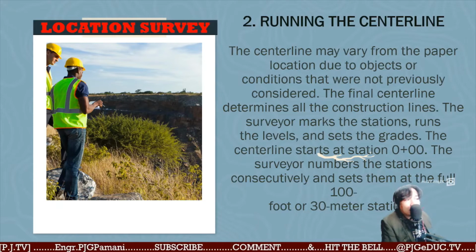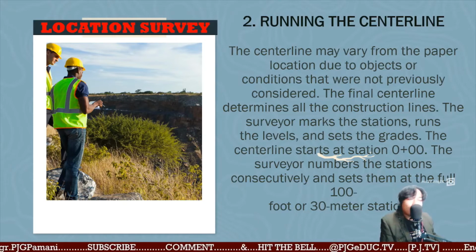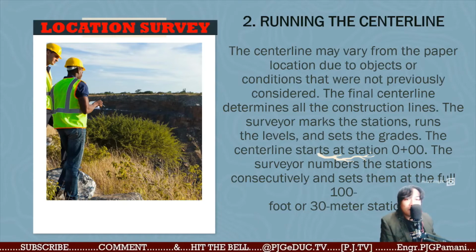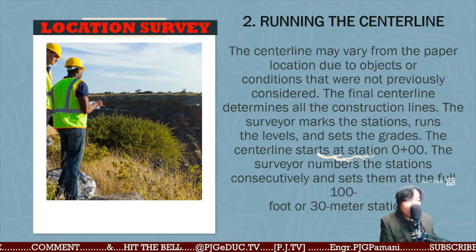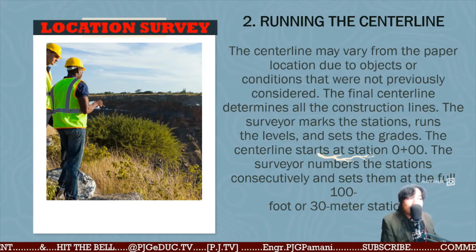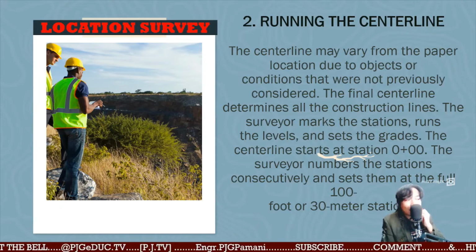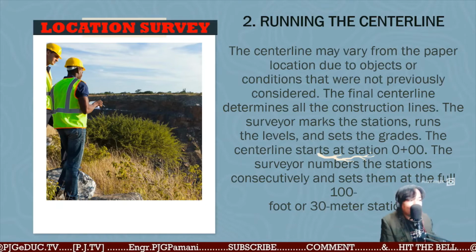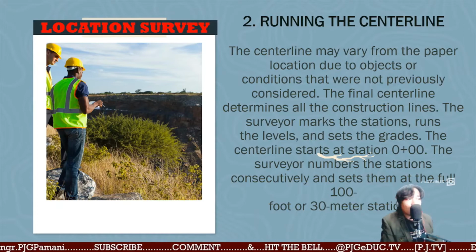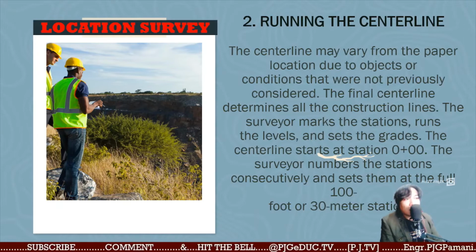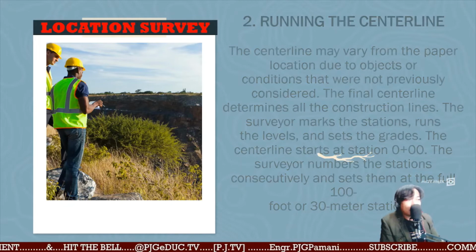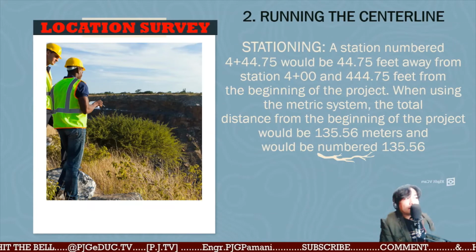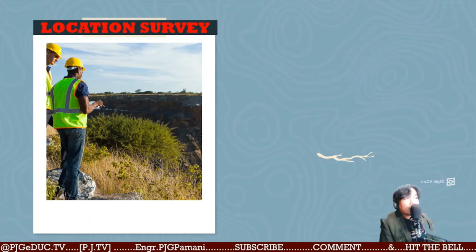Now, the center line starts at station 0+00. Of course, the starting point for our roadway build-up. The surveyor numbers the stations consecutively and sets them at a full station of 100 foot or 30-meter station. Some use 20 meters for data considerations. Then with a running center line,